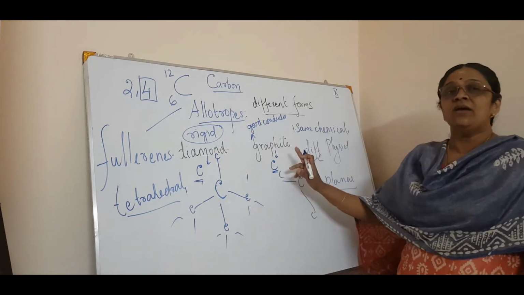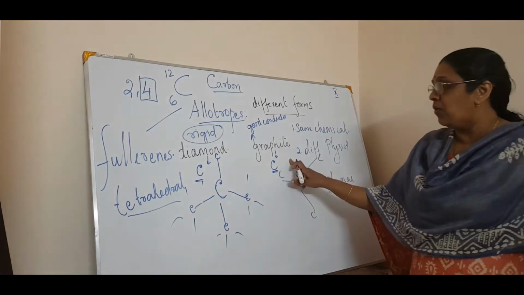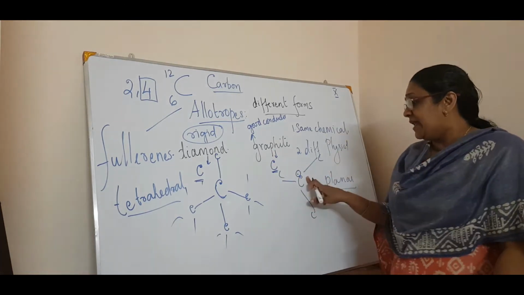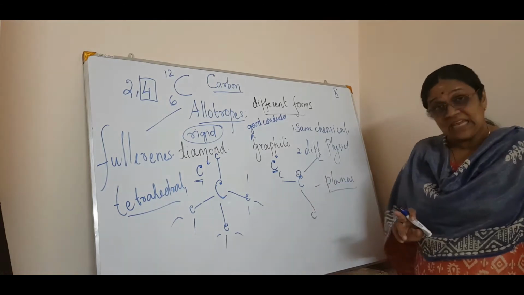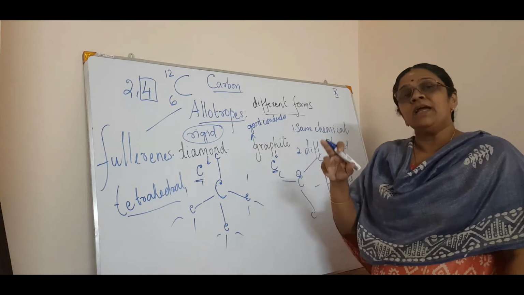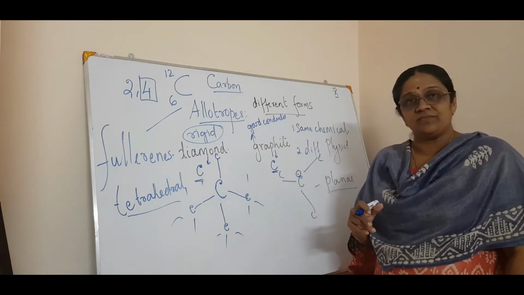So that is also a board exam question. How or why can you say graphite is a good conductor of electricity? We can say that graphite contains one free electron, isn't it? One free electron, and thereby it is used in the conduction. So that is why. Okay.